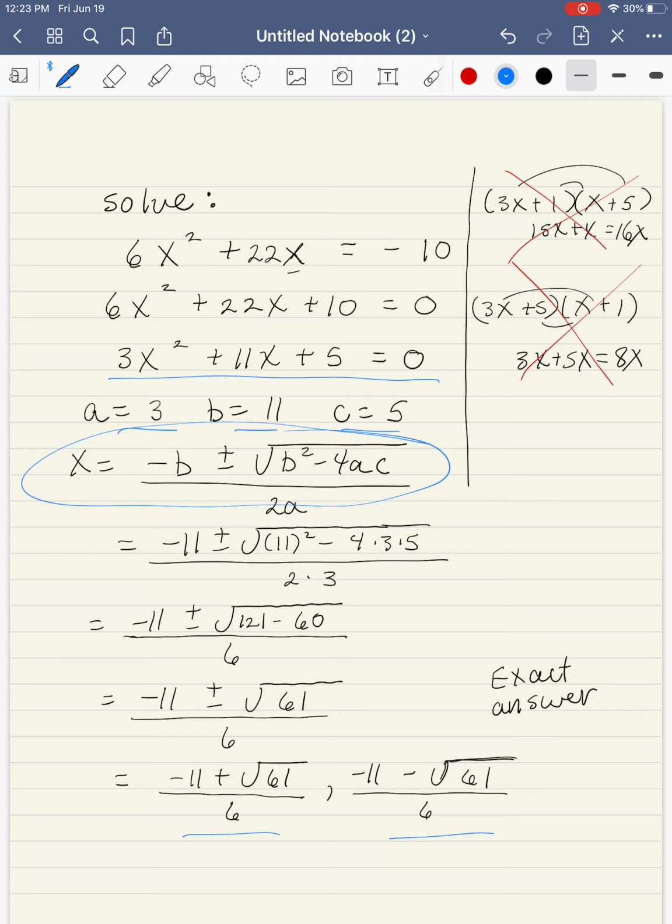In our next video, we're going to look at solving some equations that may not look like quadratic equations at first, but we can use some quadratic methods to solve them. So that's going to be our next lesson, quadratic